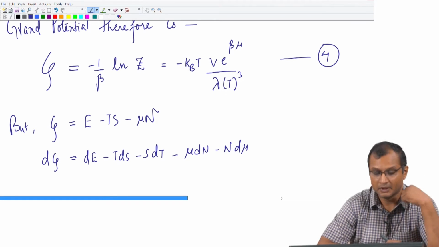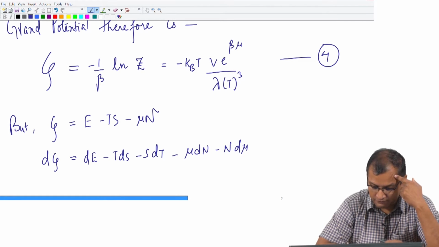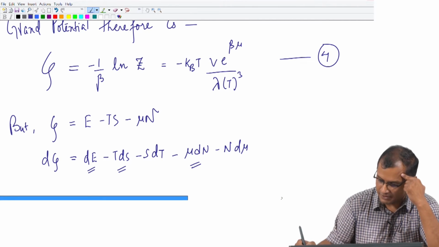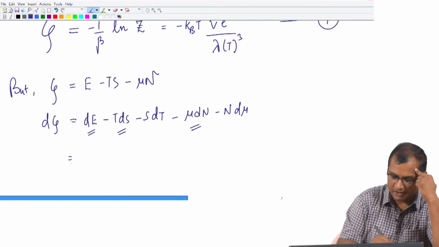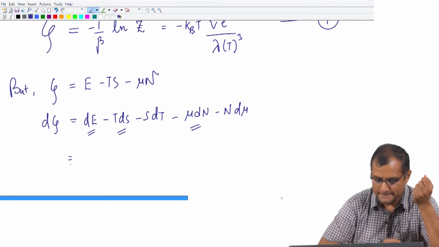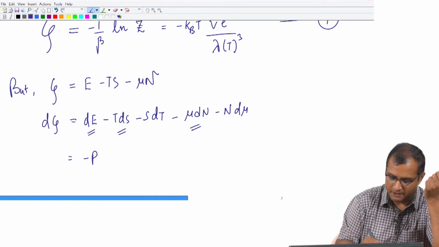Fine, and then you can substitute for dE minus TdS minus mu dN from the first law. You can substitute for this as minus PdV,